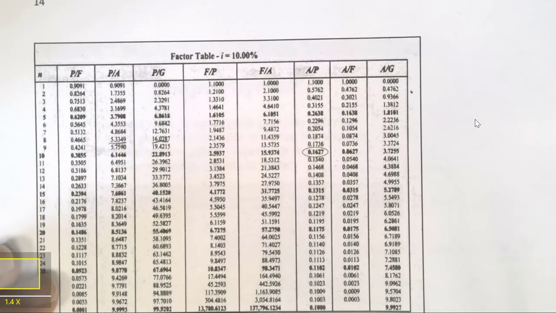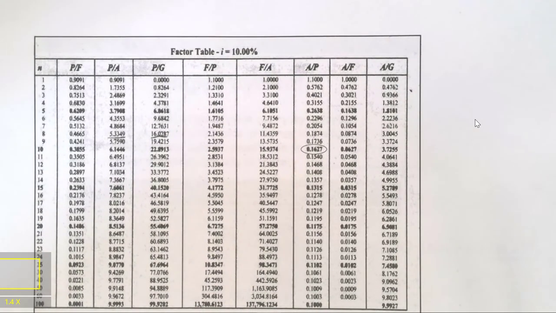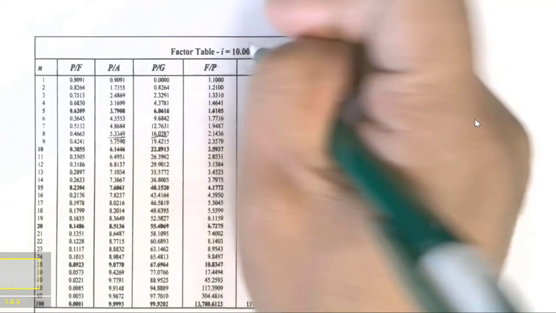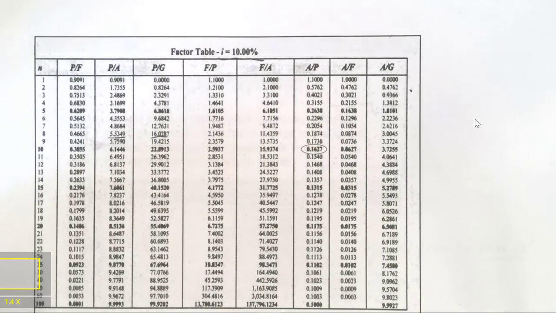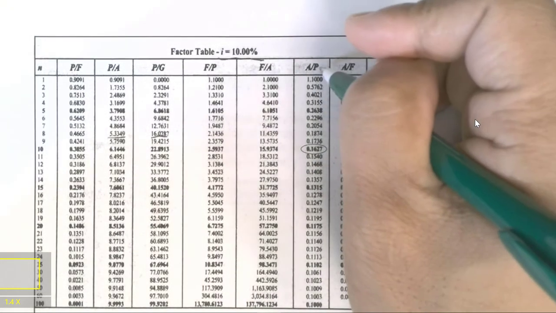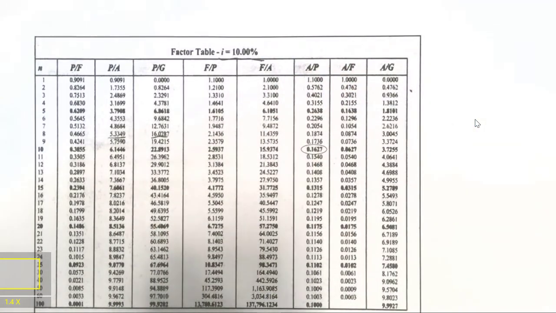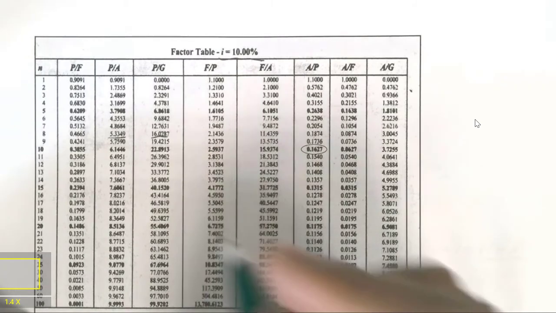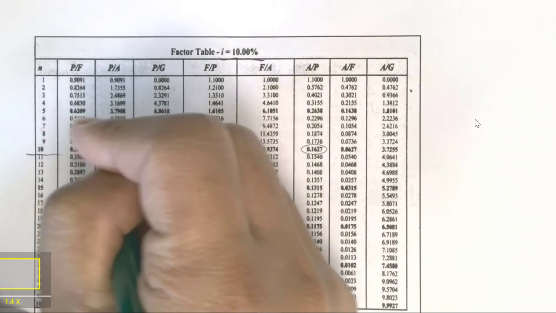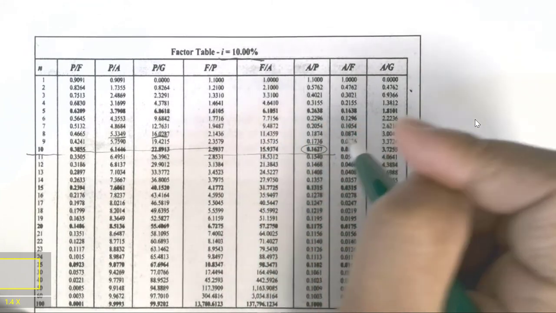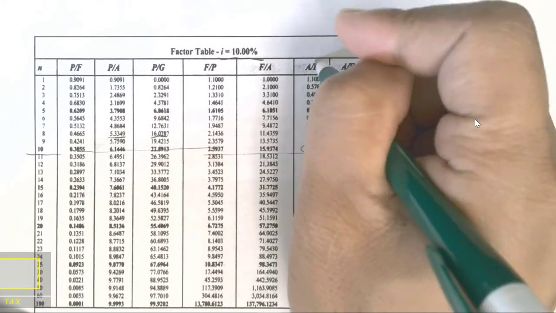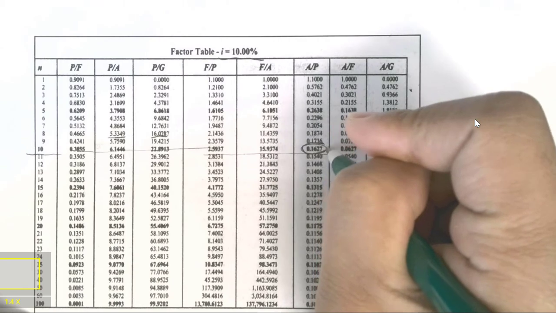So typically, you should be able to find a factor table online or in the engineering economics textbook. Factor table, which is i, 10%. Now we need to find which column we should look at. So we need to look at the A given P column, which is this column. And also we need to find which year we should look at. So 10, and A given P, which is